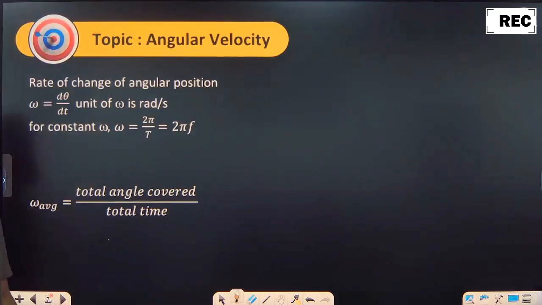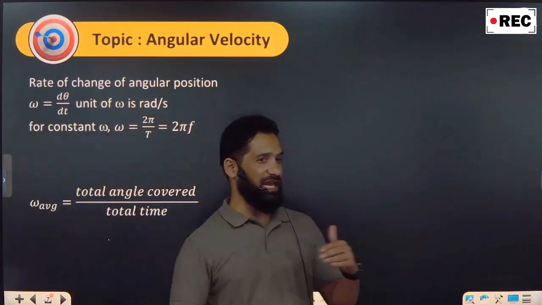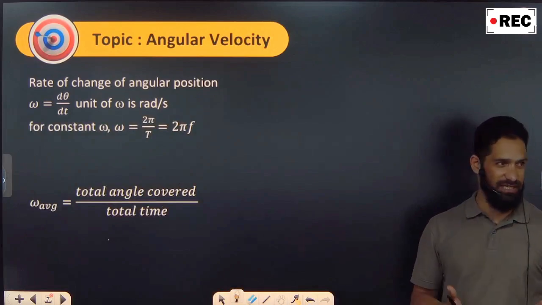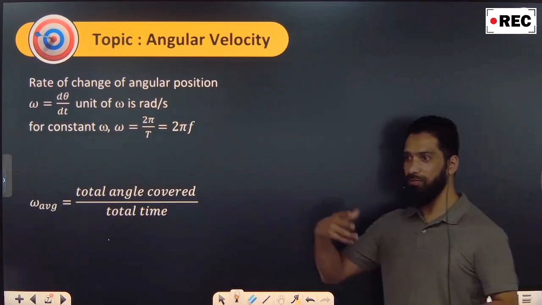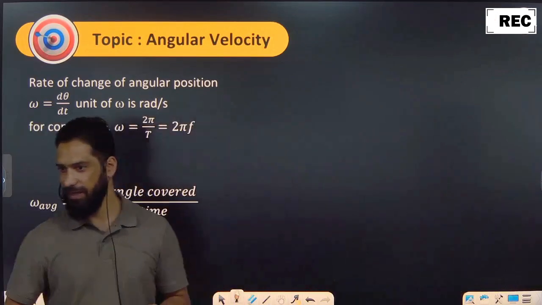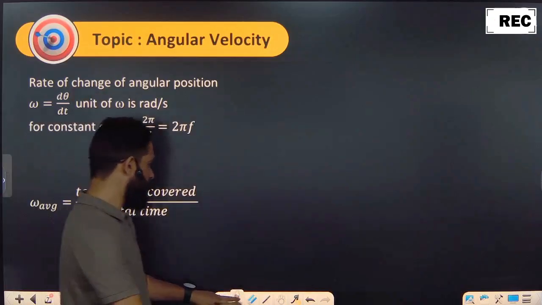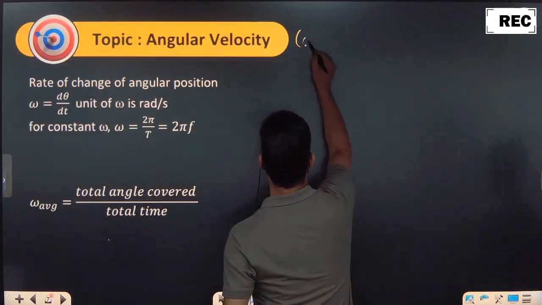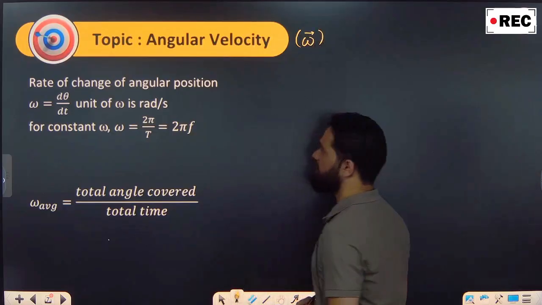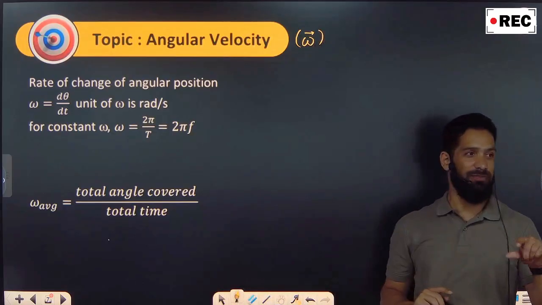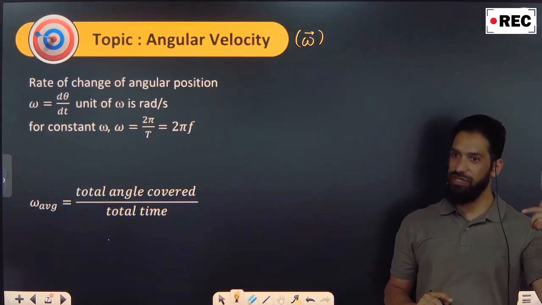Now obviously when things are moving, maybe they are moving in a line, maybe on a curve, maybe on a circle, it takes them time, right? Time is always the associated parameter with them. So let's see what is angular velocity. When we incorporate time in it, we define something which is called angular velocity. Like we have the linear velocity, d by dt of displacement, the rate of change of displacement.